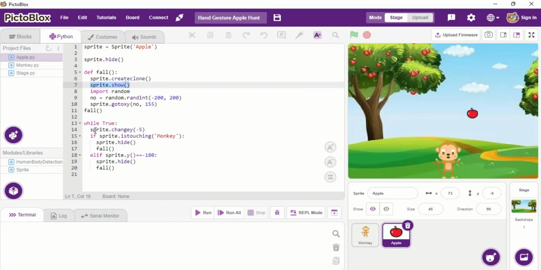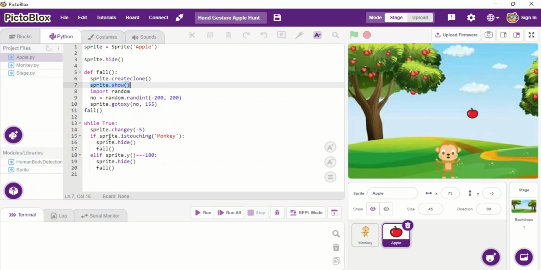So I'm using sprite.change y -5. -5 is the coordinate change, each time it will decrement itself. And then next I have used an if statement to make a decision. If apple is touching the monkey, I want apple to be hidden. So that is why I have coded sprite.hide. And then again, once the apple is hidden, I want the fall function to execute,